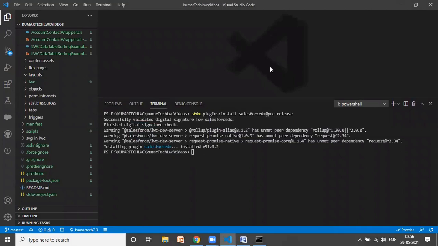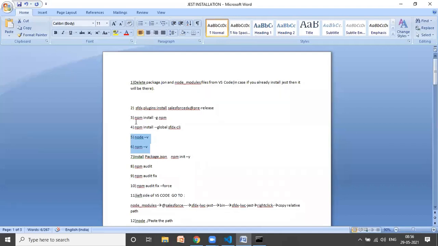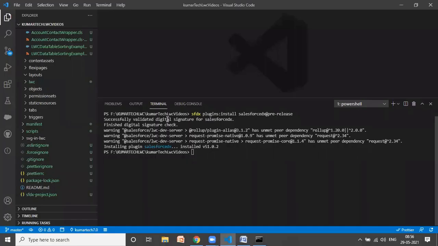Meanwhile, I will open here. I am going to explore the second command, that is for npm install. This one. For me, actually, I need to run these three commands every time I install my Visual Studio Code.